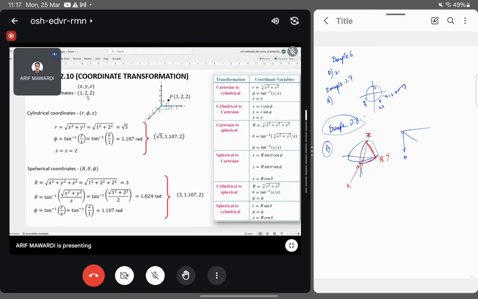We are given the coordinates in the Cartesian coordinate system. Yeah, so 1, 2, and 2. Now we want to express the same point in the cylindrical coordinate system. For the cylindrical coordinate system,